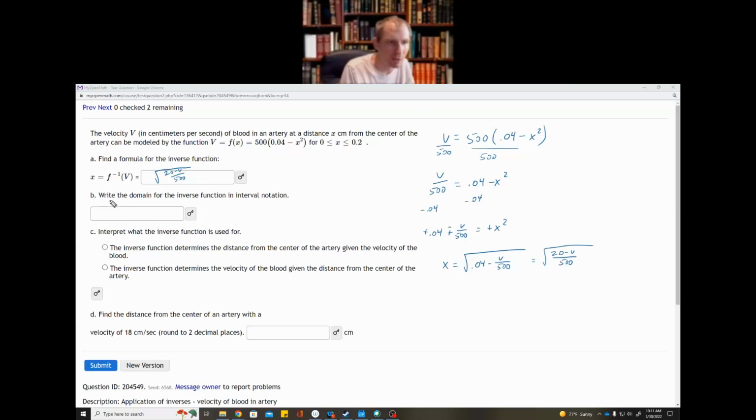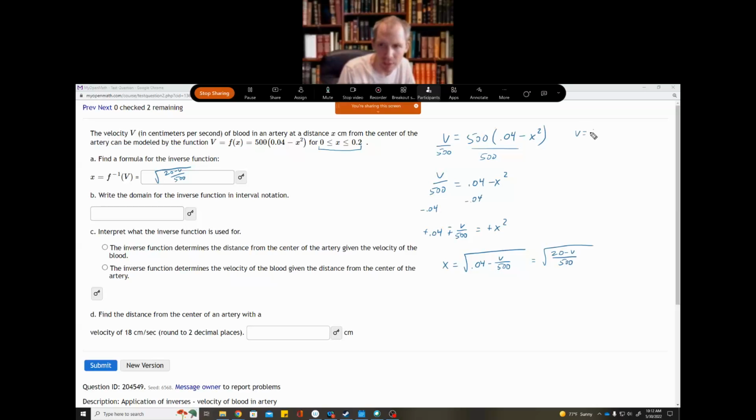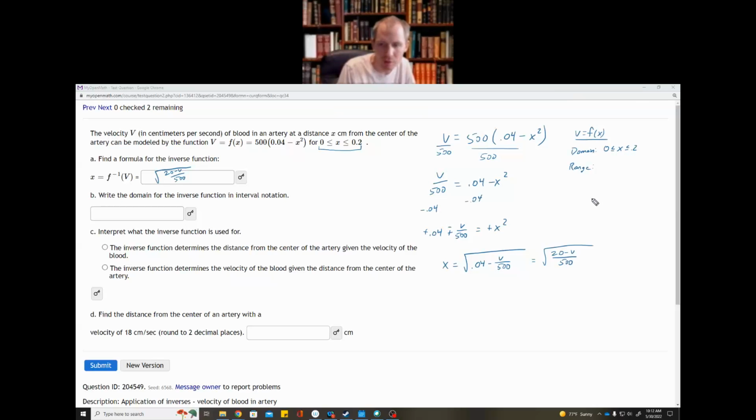Okay. Next, write the domain of the inverse function. So when I started this, I have a function, and I'm given a limited domain for my original function. Okay, and I can find the range then of this function. A function and its inverse swap the roles of domain and range. So if I look at v equals f of x, the domain is that x is between 0 and 0.2. So then if I find the range,